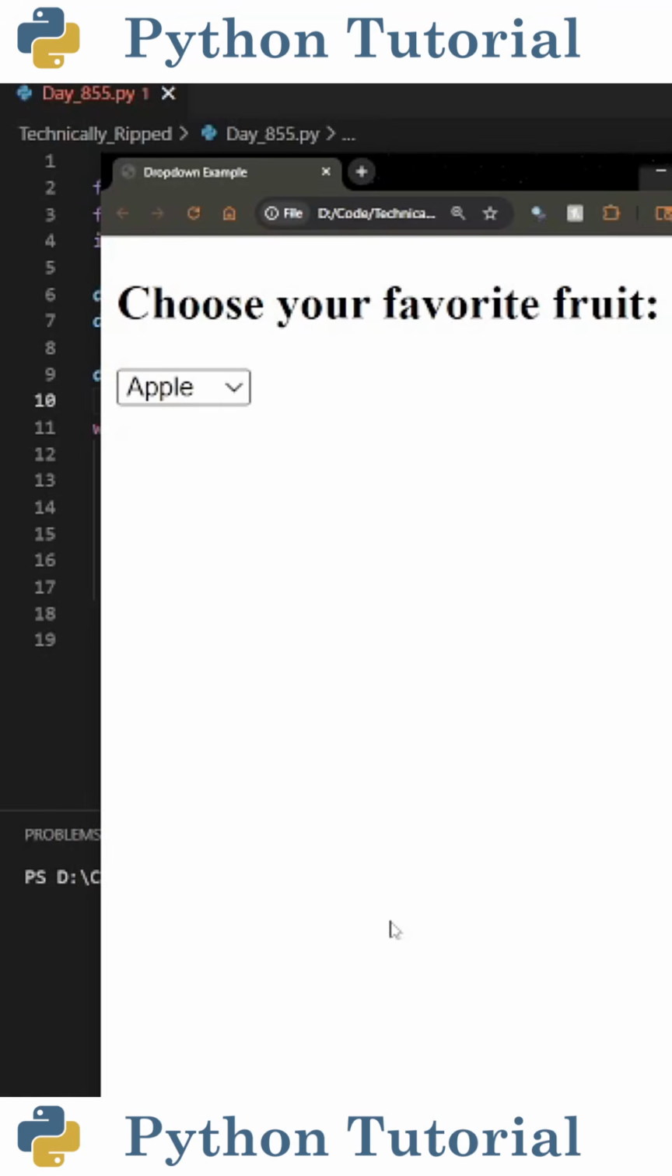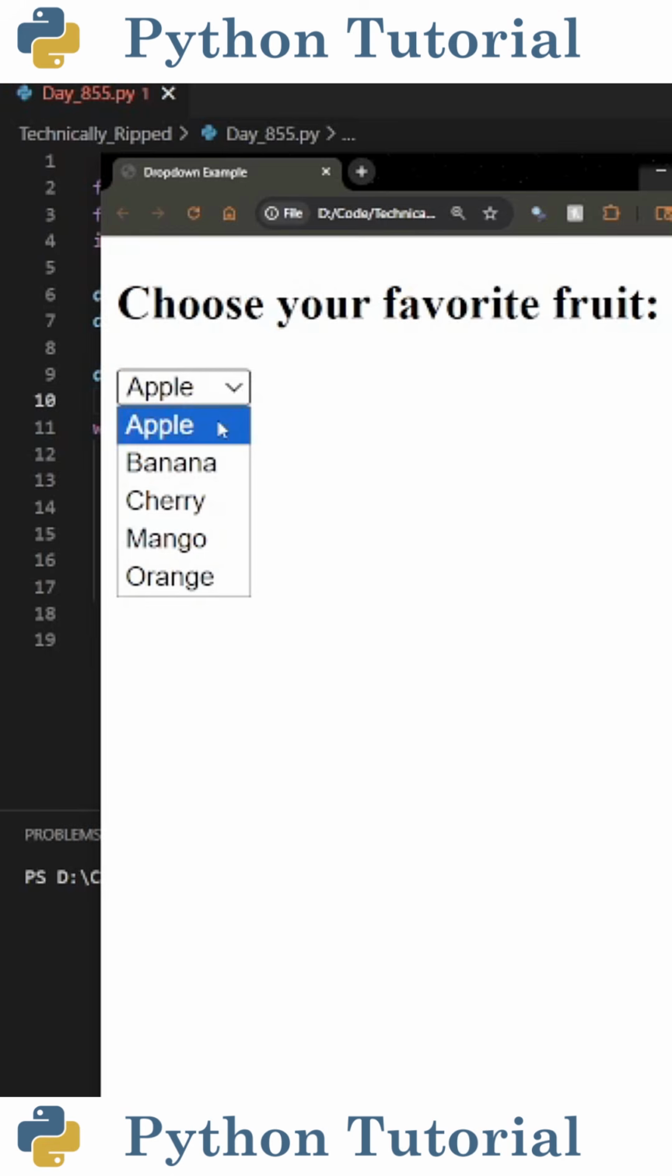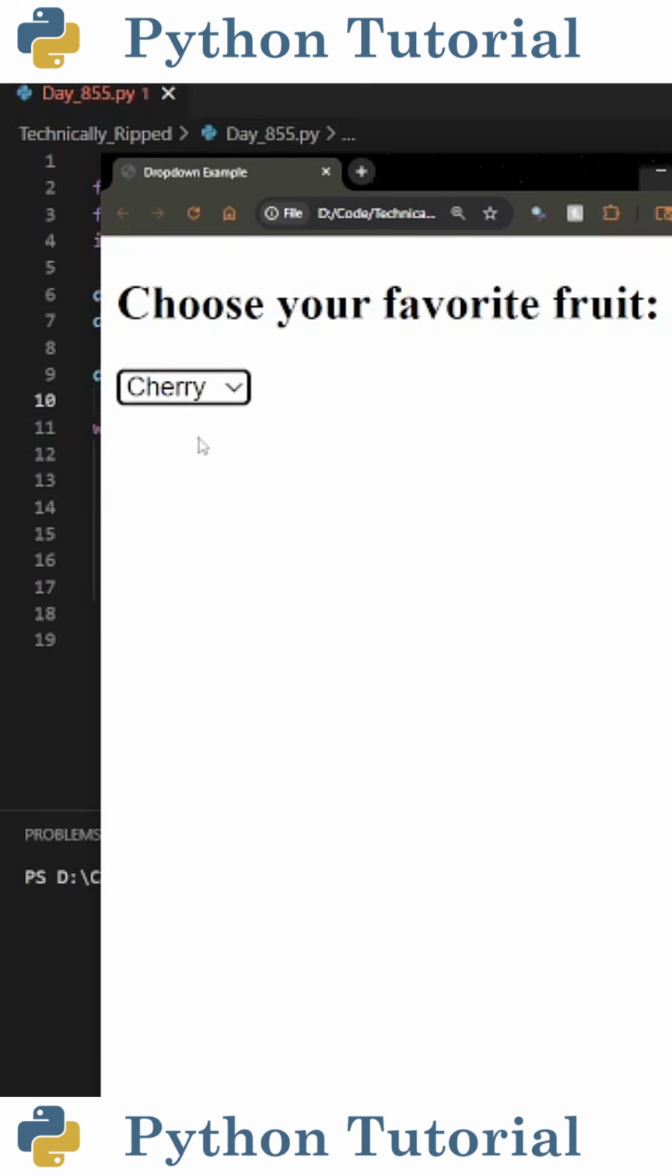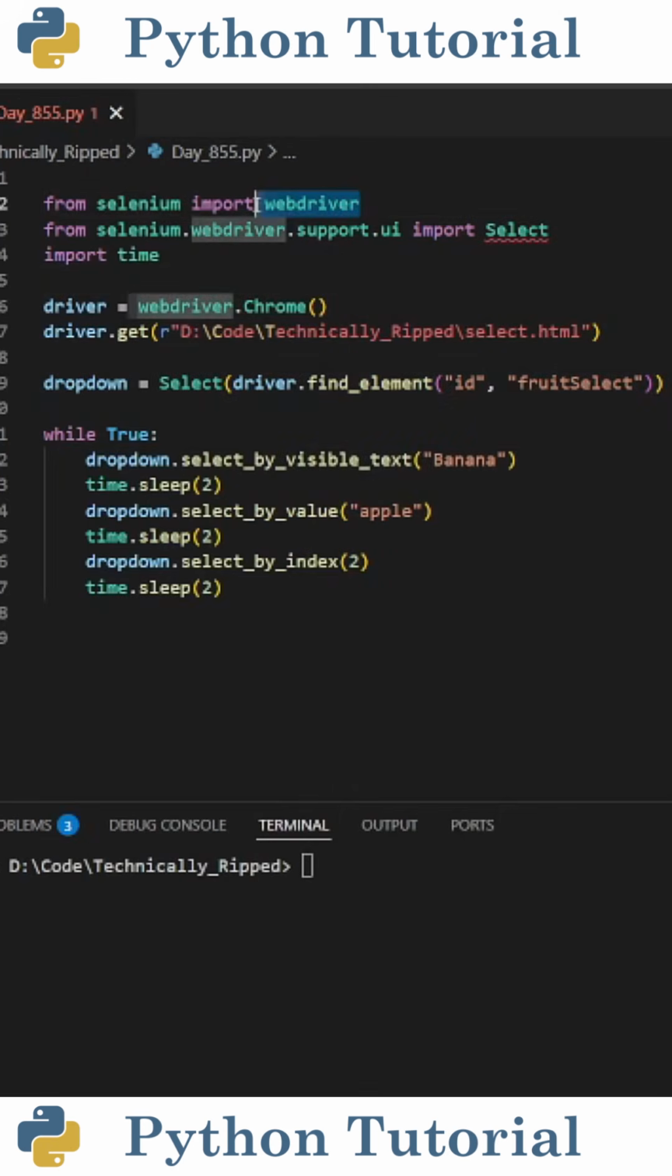Here's how to have Selenium select a value from a drop-down selector with Python. For this example, the driver will cycle through selections of apple, banana, and cherry. First, create a driver by importing WebDriver from Selenium, and then we need to import Select from selenium.webdriver.support.ui. So the first thing we need to do is define our driver and have it go to the URL